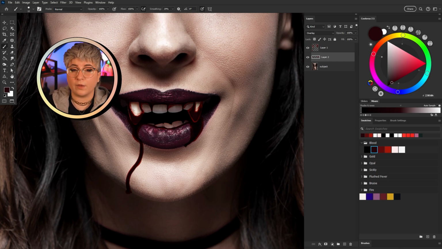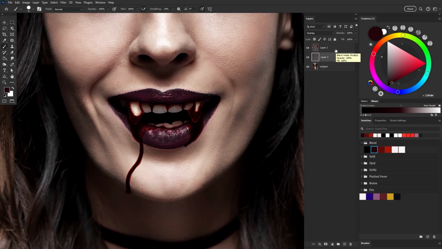You can also build the blood up using multiple layers set to overlay and multiply, making it appear darker and darker and thicker. You can even add some shadows to the particularly thicker areas of blood. But don't overthink it, it's going to look messy, don't worry. In fact, this is looking more than good enough.